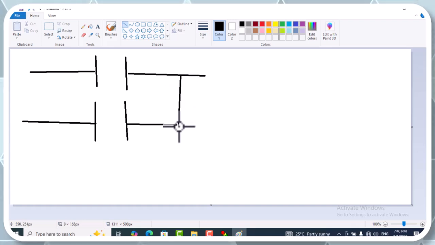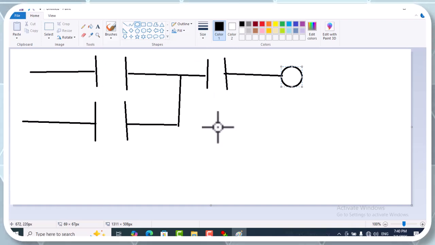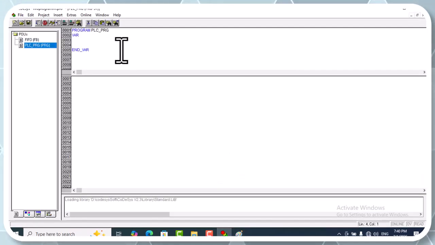I will not draw the sign of our contact and name of a contact because it takes time, and I don't want to waste your time and my time also. So my friends, this one is K1, and also this one is K1, this one is S1, and this one is S2. So let's write the program together,